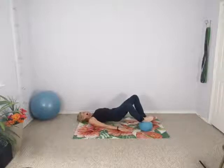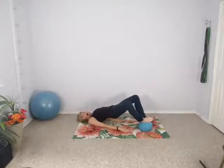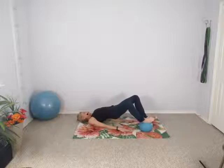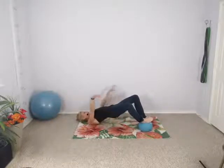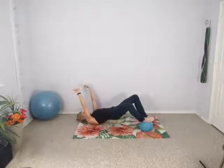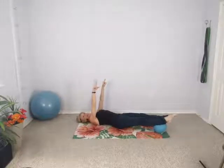Let's go down, up for 8 more, down, up for 7, down, up for 6, keep going, up, up, and 4, and 3, and 2, and then hold those hips up on 1, and then see if you can let go and stretch those arms up, inhale. And then exhale, breathe, lower the hips down, bring the knees together, straighten those legs out all the way,